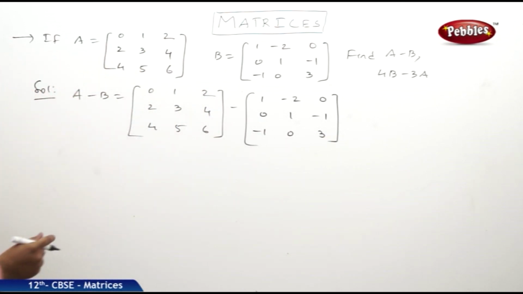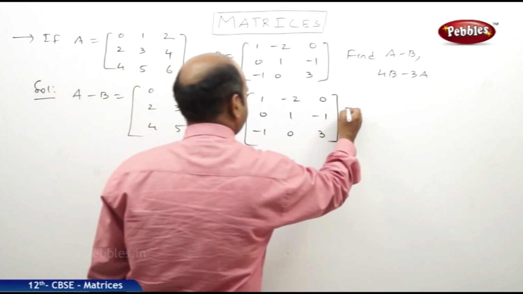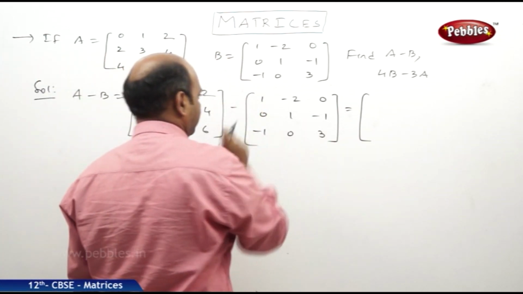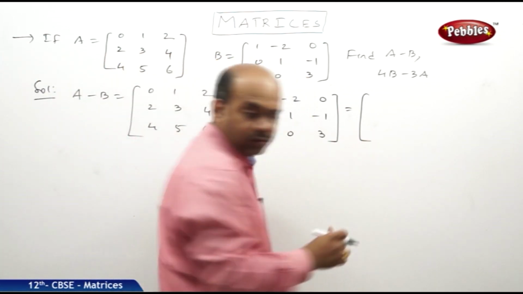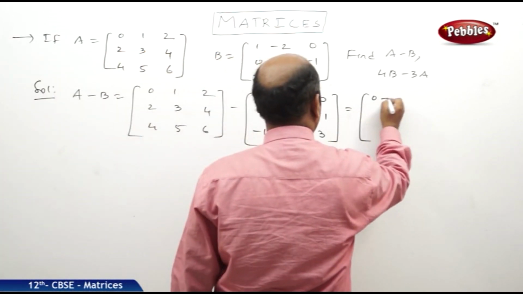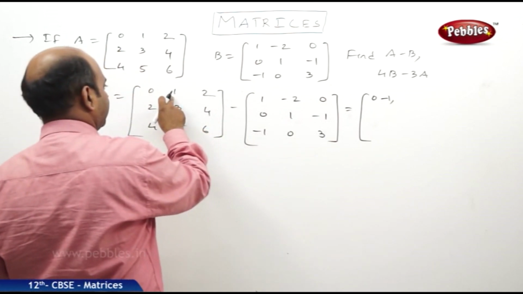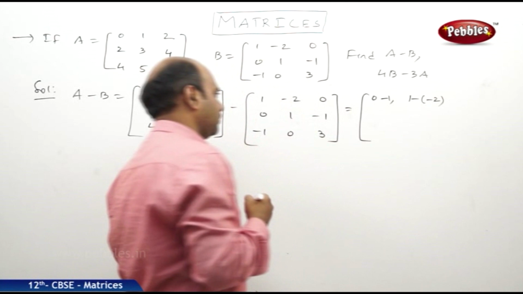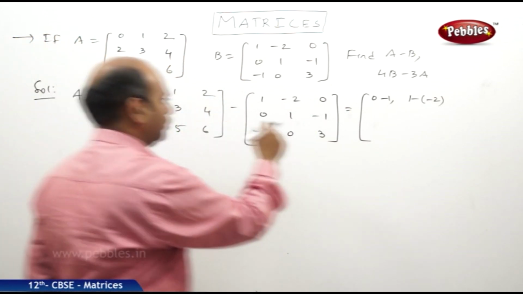So I need to subtract. Subtraction means the corresponding elements should get subtracted. Here 0 is there and here minus 1. So 0 minus 1, and here 1 minus of minus 2, and later 2 minus 0,